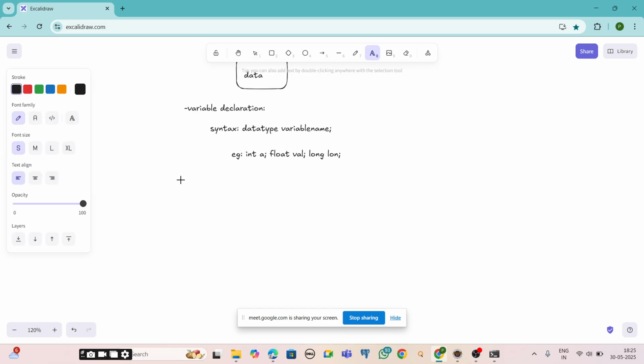Coming to the next, which is variable initialization. What is variable initialization?